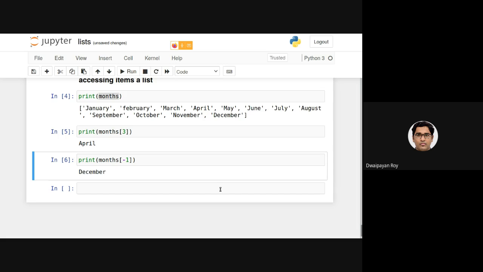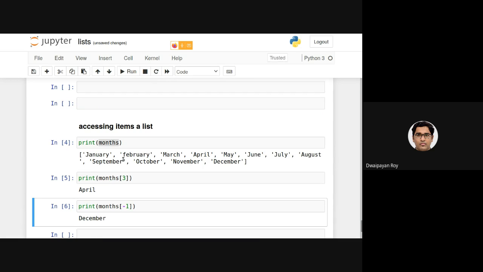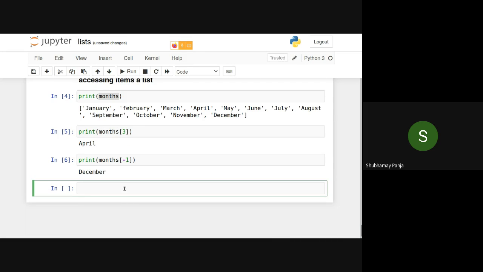But can someone say how to use the len function to access the last item? Is there a way to do that? Month -1. Correct. Absolutely correct. So what I need to do is months, and then in the square brackets, len of month.